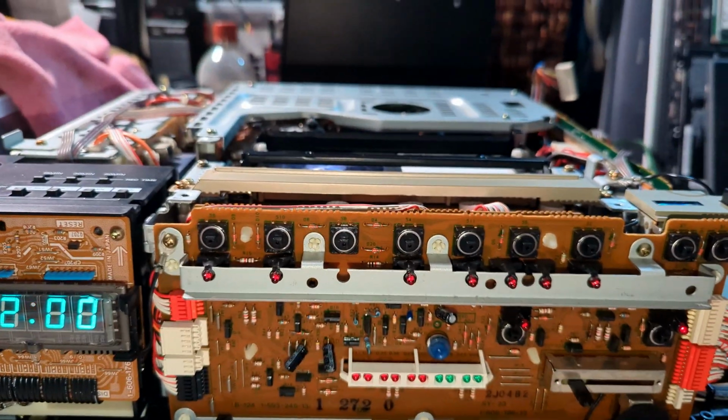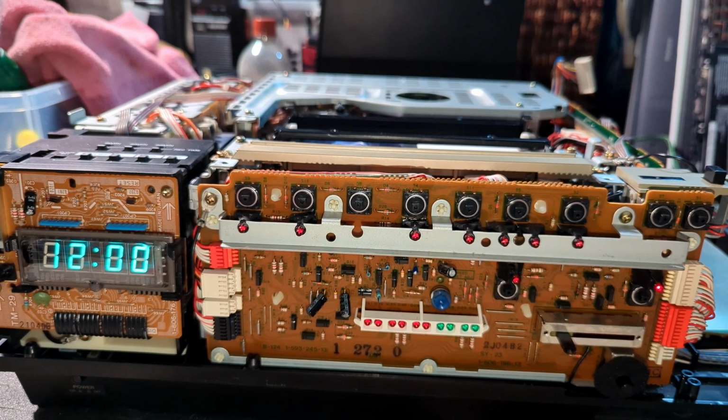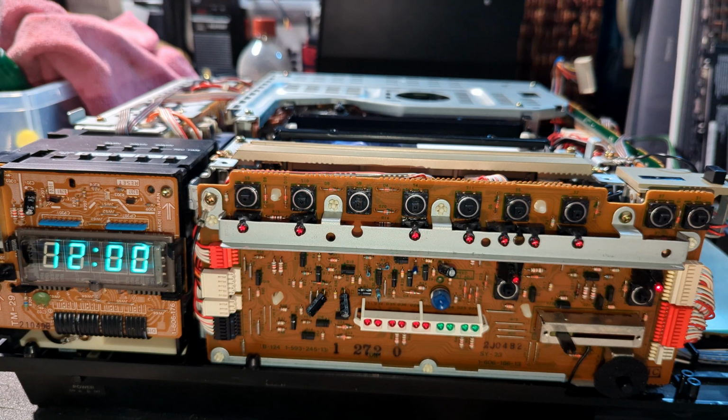Nothing. No video out. I don't even know what, because I've got a format light coming on there, flickering, so it's picking up something from its